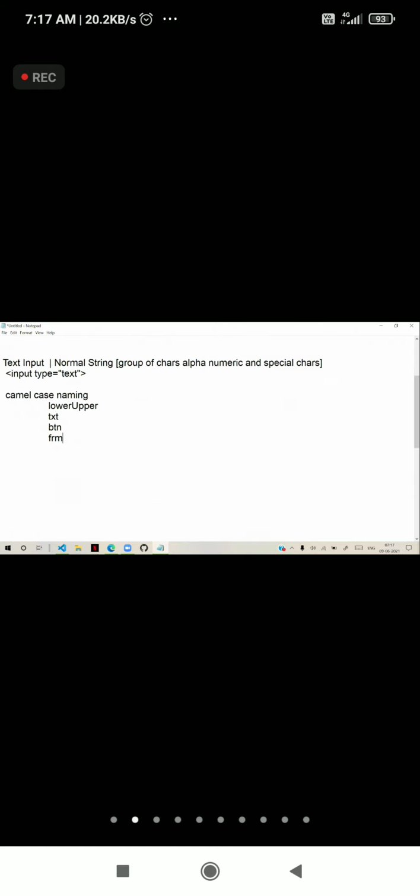After that, what purpose we are using it for, like txtUsername, txtName, btnSubmit, frmHome. This is how we give the names. This is called camel case. It is always good to follow this rule, this tradition, because in projects it is recommended and strictly asked. You cannot give the names on your own; you have to follow certain standards.